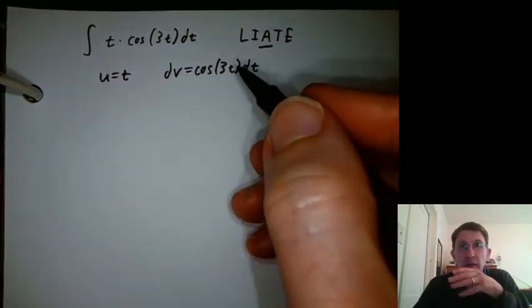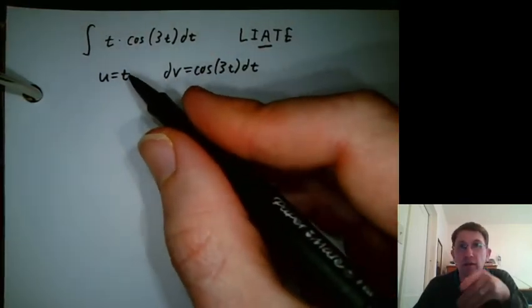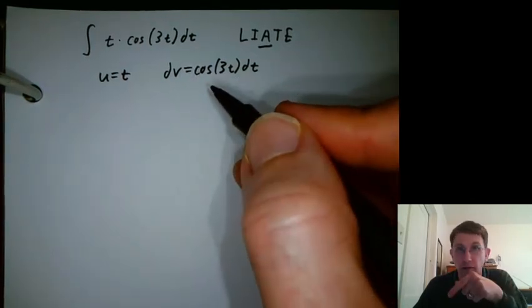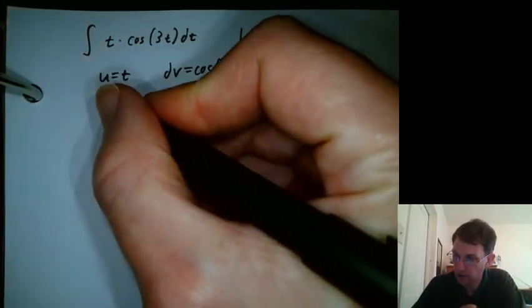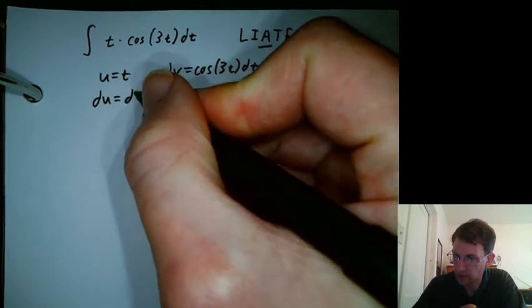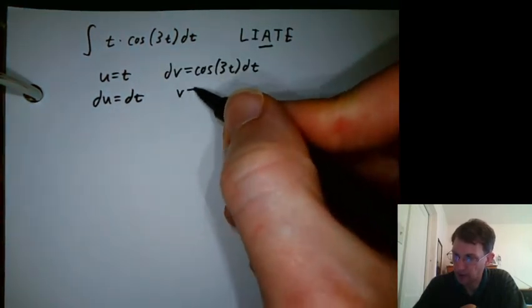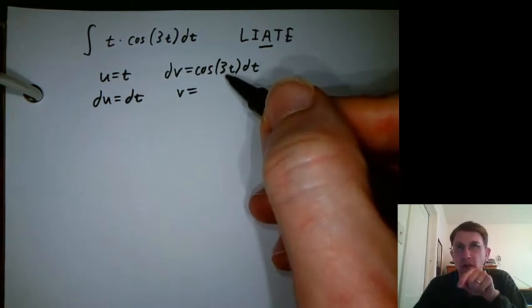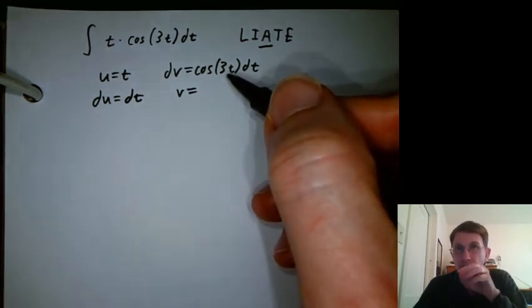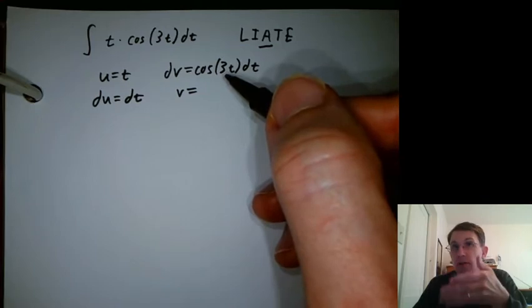And then what's the next thing to do? Take the derivative of the u and the antiderivative of dv. So we'll get du equals dt, and dv becomes v. What's the antiderivative of cosine 3t? Well, the antiderivative of cosine is sine